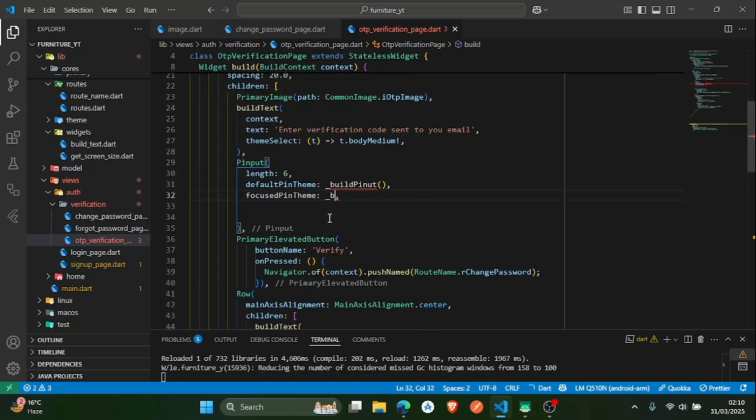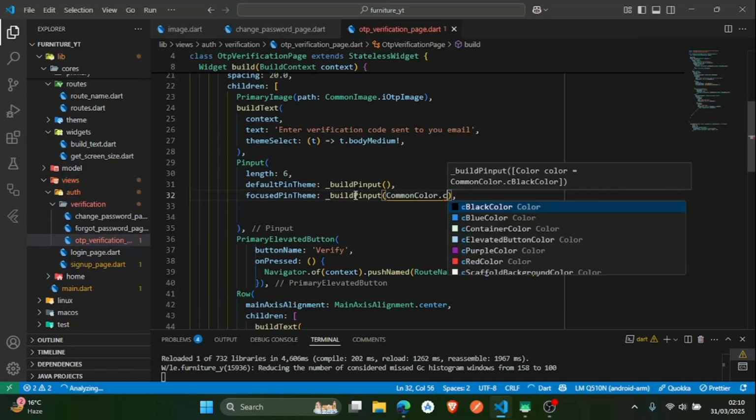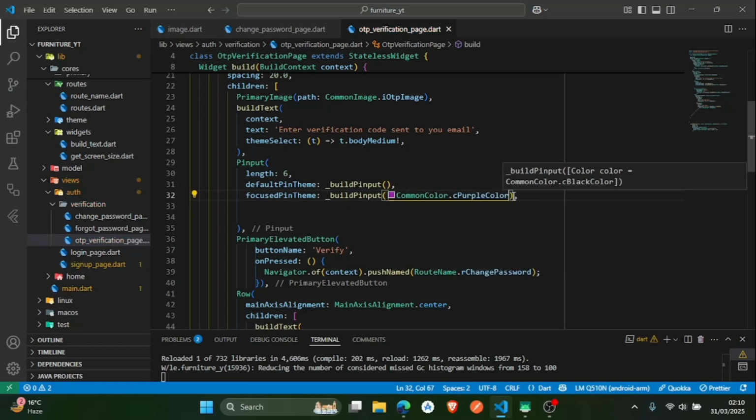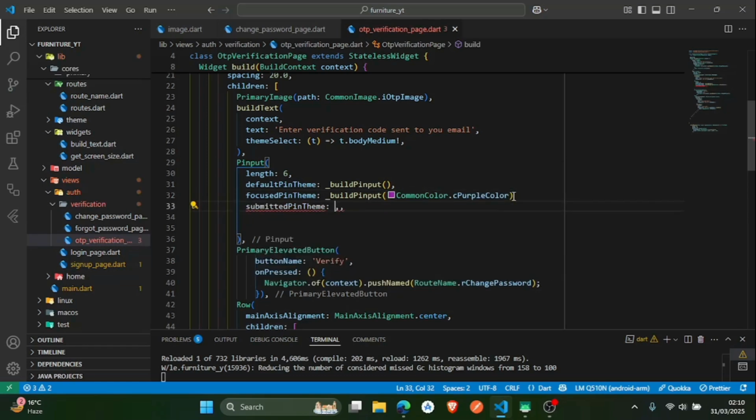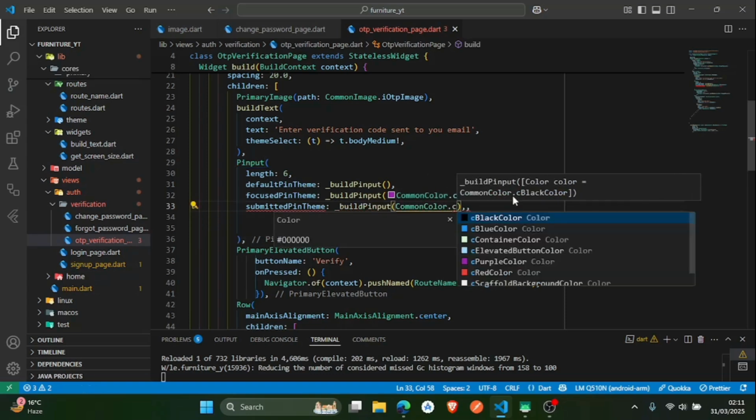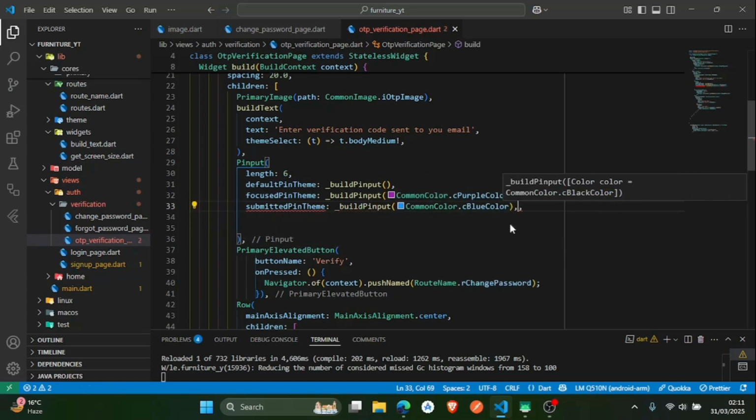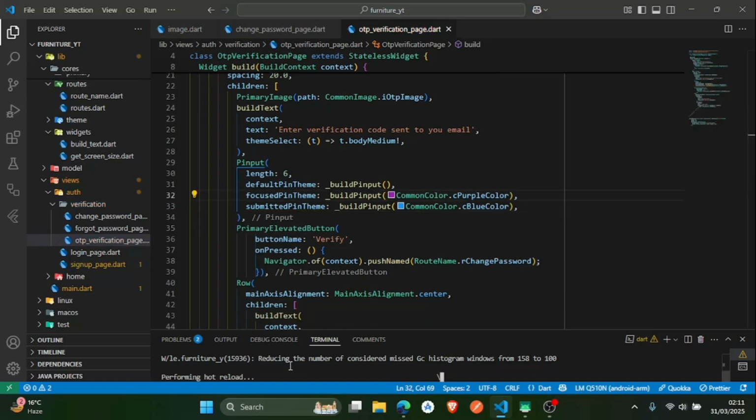What was it? So here is pinput, and in focus we pass the color common color dot c purple color, and submitted input build put and common color dot c blue color. I think blue color will be fine here. So here comma is left, and if I reload it,